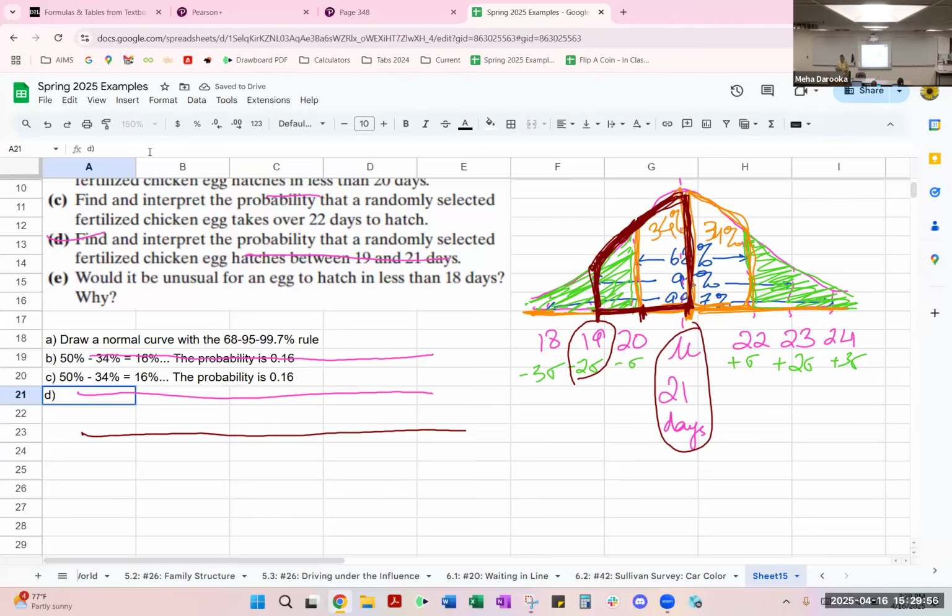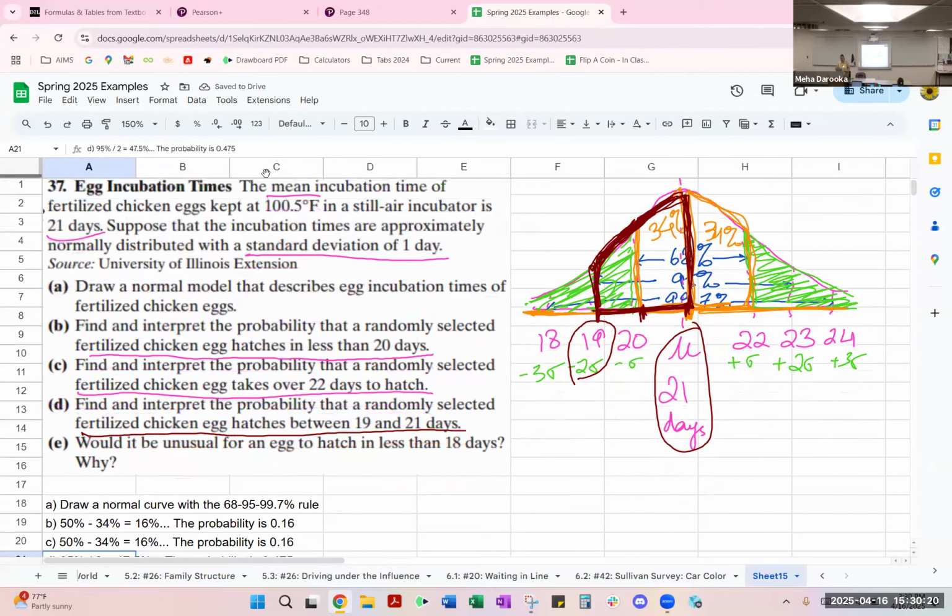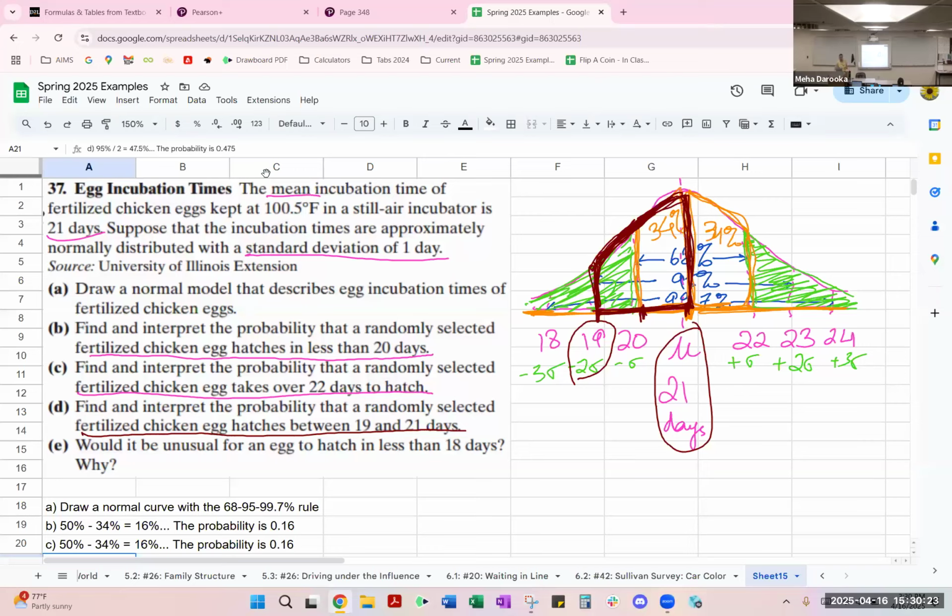Yeah, take 95% divided by 2 and you get 7.5%, which again, the probability, and again, as a decimal, that will be 0.47. All right, perfect. Now, the question is, would it be unusual for an egg to hatch in less than 18